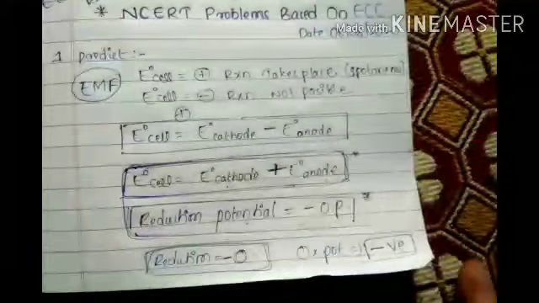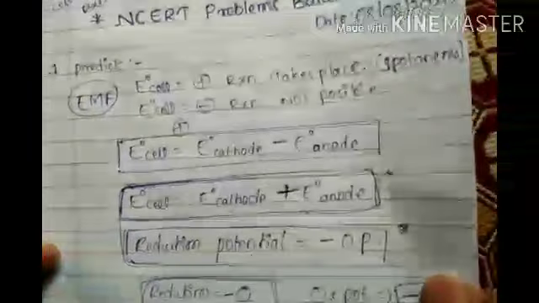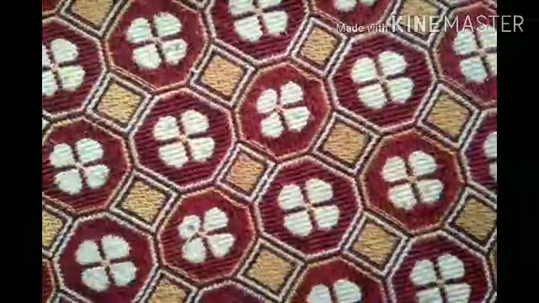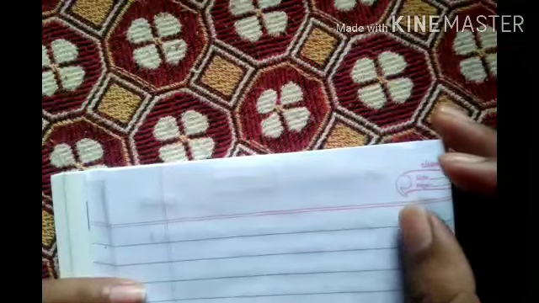Now one by one we have to do problems. For example, they will ask a question like this: can a nickel spatula be used to stir a solution of copper sulfate? For stirring purposes, can we use it in copper sulfate solution? We may want to store some solution, for example zinc in iodine. Is the reaction possible or not? These are the kinds of problems we have to do.